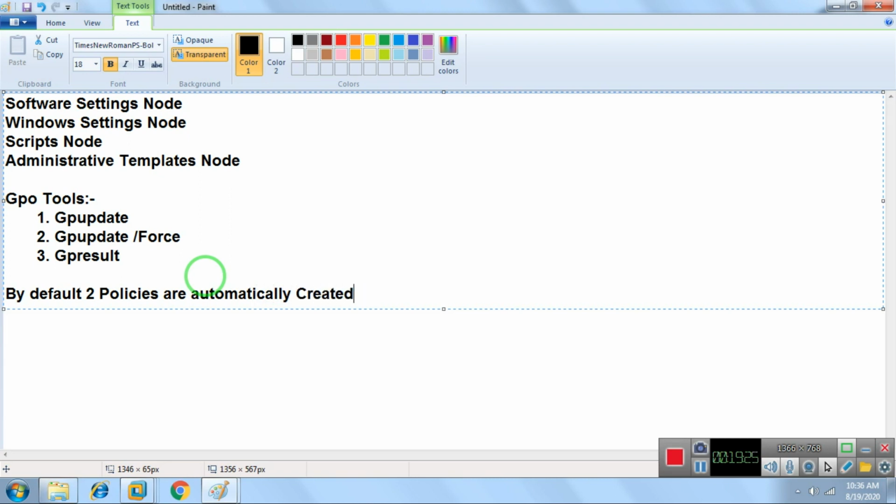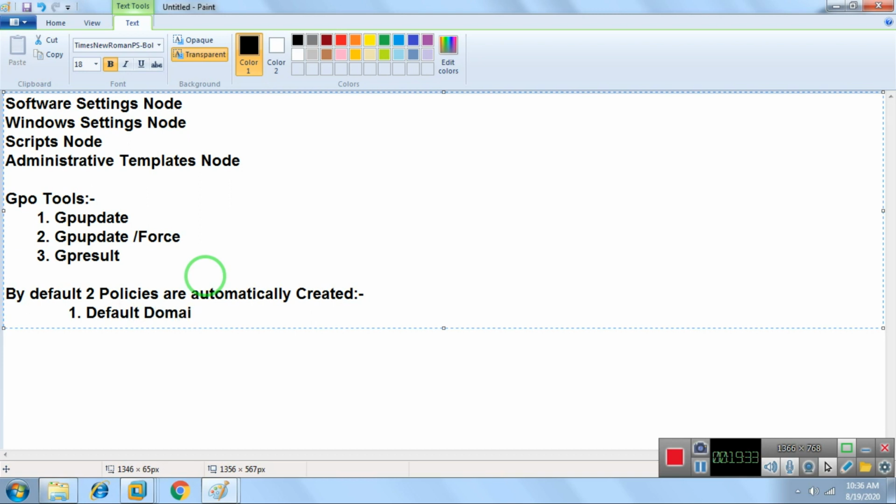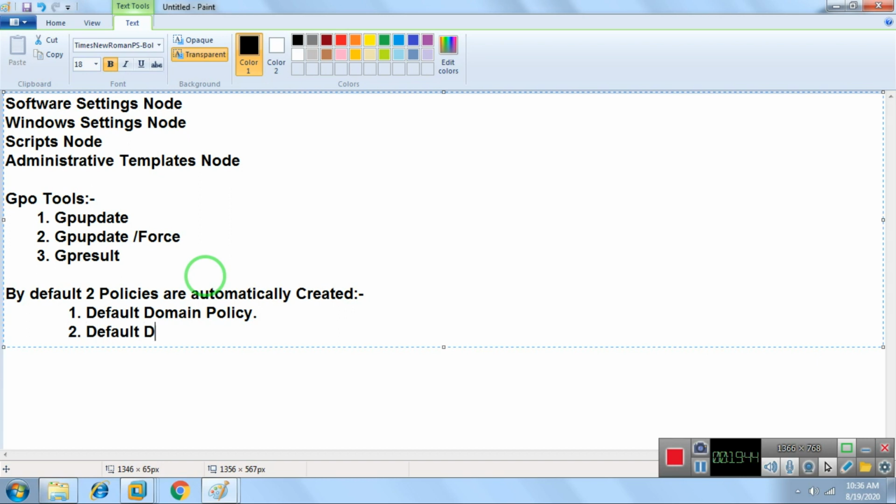Number 1 is known as Default Domain Policy, and number 2 is known as Default Domain Controller Policy. So we have 2 types of policies which are automatically created once you create the domain controller. Fine, we'll see this also in detail.